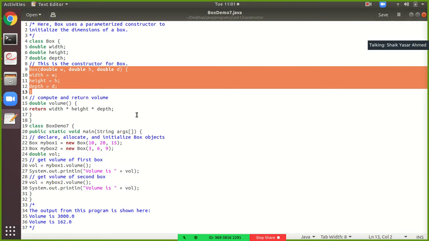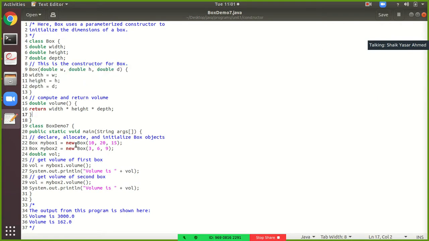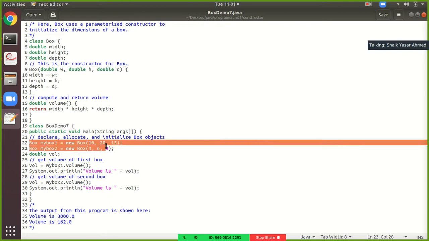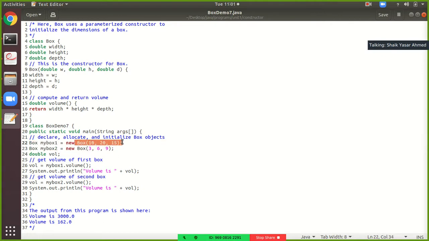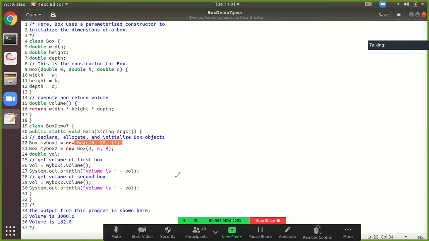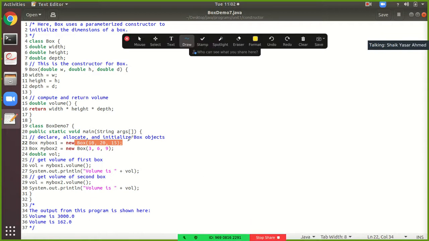Now you all see here, what is the advantage with parameterized constructor when compared with without parameterized. See here, in this particular line number 22, as this is in the main class, box demo 7 is from where the execution starts. So at line number 22, as I said, this is a constructor call. This will call mybox1, mybox1 will have this constructor call, and it will call this.